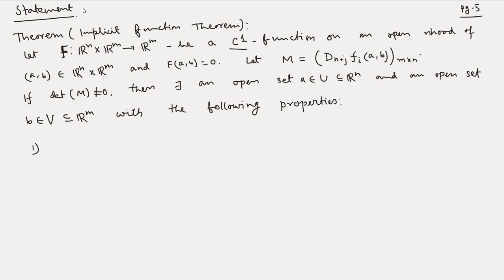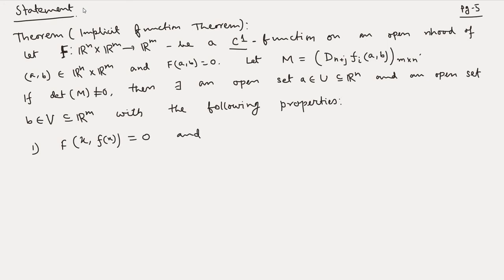So property 1. So the first item is F of x comma little f of x is equal to 0,